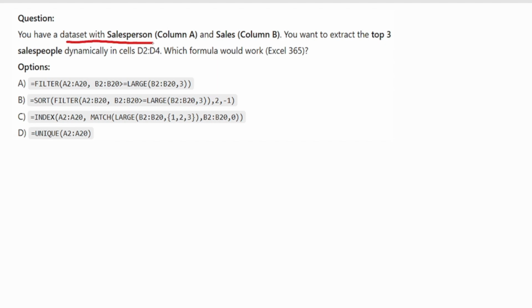You have a dataset with a salesperson column A and a sales column B. You want to extract the top 3 salespeople dynamically in cells D2 to D4. Which formula would work in Excel 365? The correct option here is option B, because the formula first filters the rows where sales are in the top 3 using LARGE, then sorts them in descending order by sales.